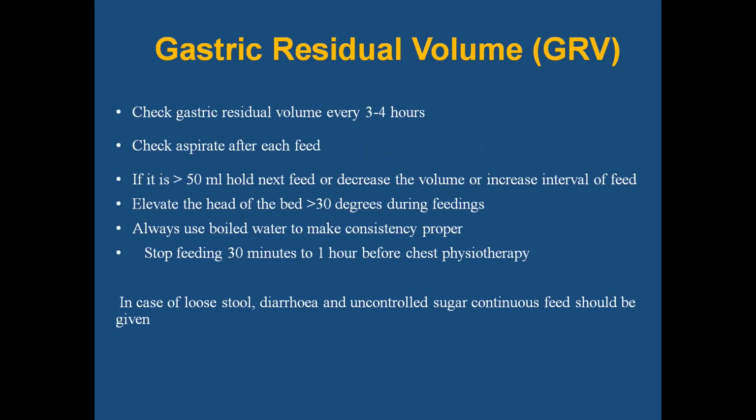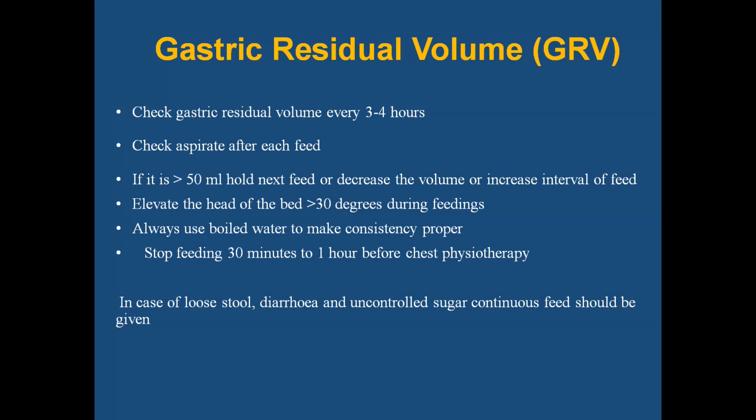Now GRV, gastric residual volume. Check gastric residual volume GRV every 3 to 4 hours. Check aspirate after each feed. If it is more than 50 ml, then hold the next feed and decrease the volume or increase the interval of feed. अगर 50 ml से ज्यादा आ रहा है तो आप जो उसके बाद की नेक्स्ट फीड आप होल्ड कर देंगे. अगर उससे ज्यादा एस्पिरेट हो रहा है, more than 50 ml, and elevate the head of the bed to 30-degree angle